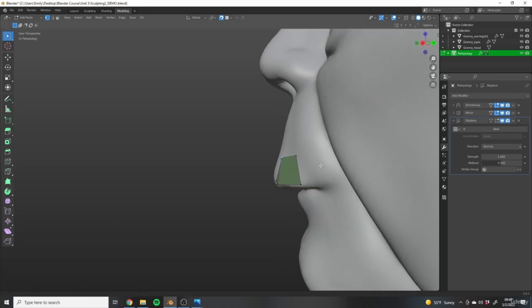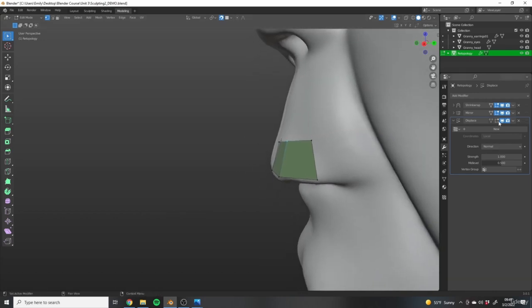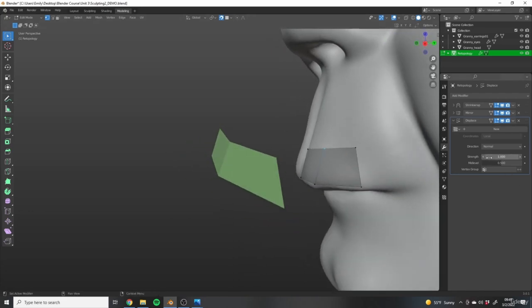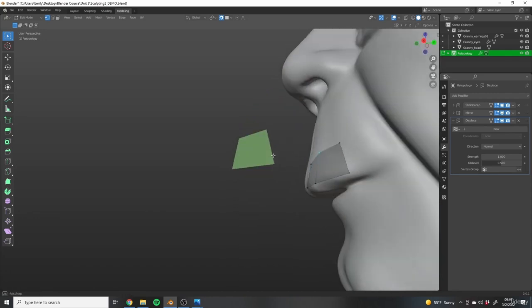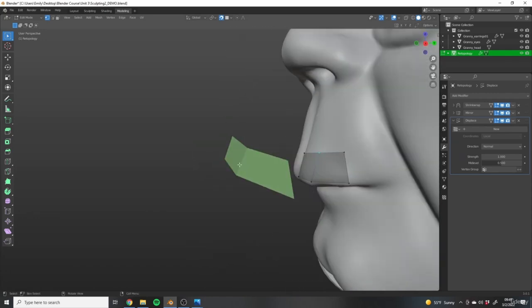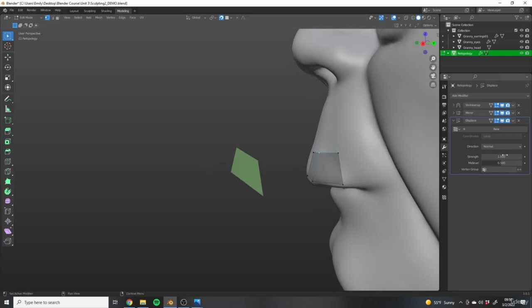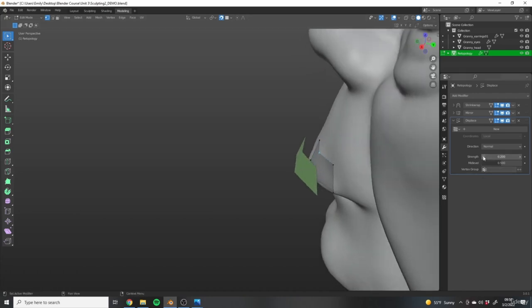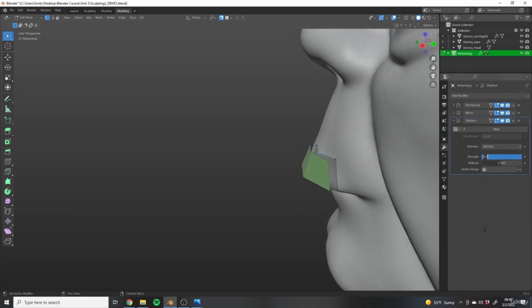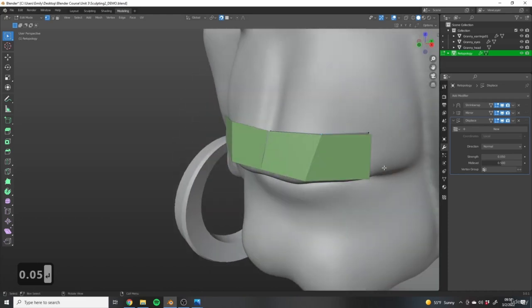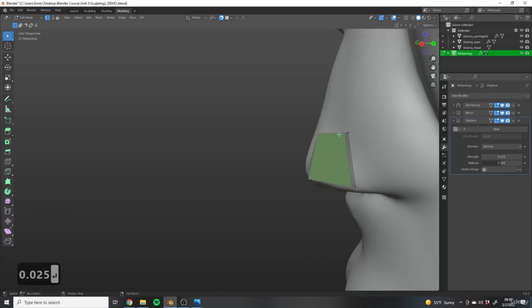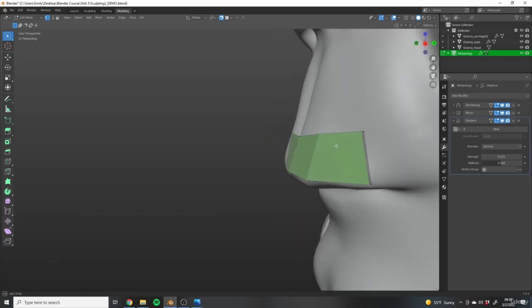So currently we are not seeing any displacement happening. That is only because we have the edit mode display disabled. So let's enable edit mode display. And with the strength of 1 on here, you'll see that our retopology mesh is being moved out from the surface. So let's just dial this back to about 0.1 or maybe even 0.05. Give it a very low value, maybe 0.025, so that it just will push this retopology object ever so slightly